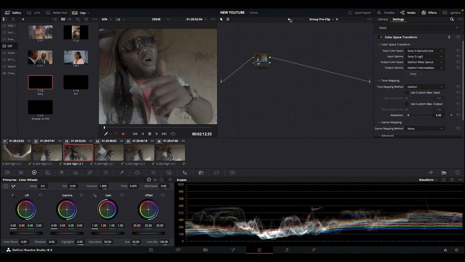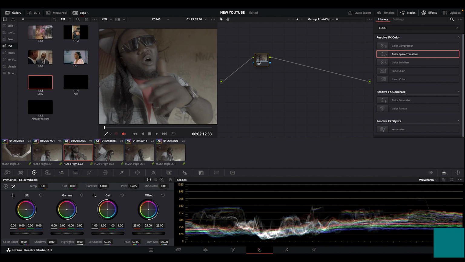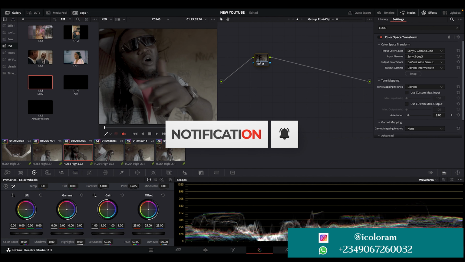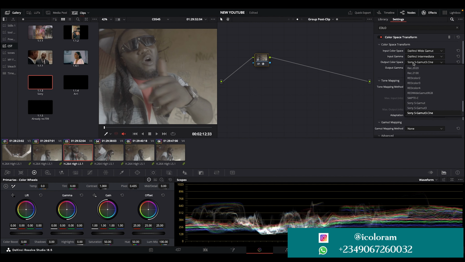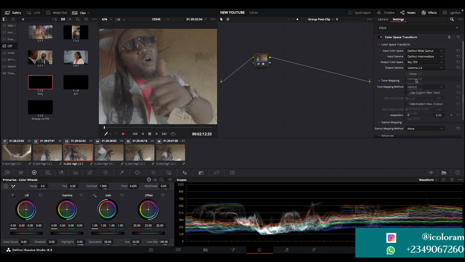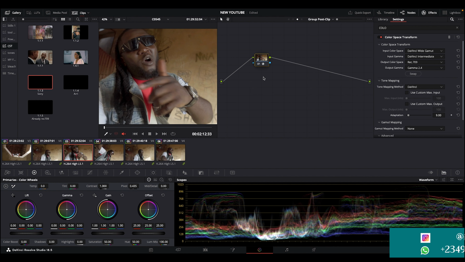Then this is being done in the pre-clip, while I'll put the ODT at the post clip here. So I'll just paste this. I'll paste this here. Then I'll swap. Then I'll select R and pick my Rec 709, and then I click on G and go to Gamma 2.4 because this is a